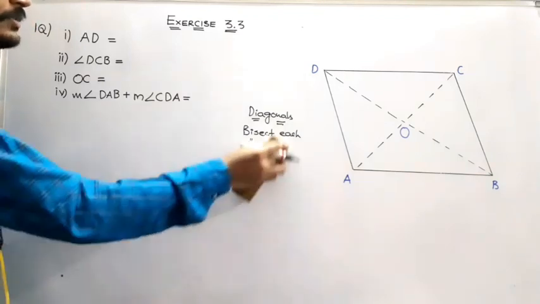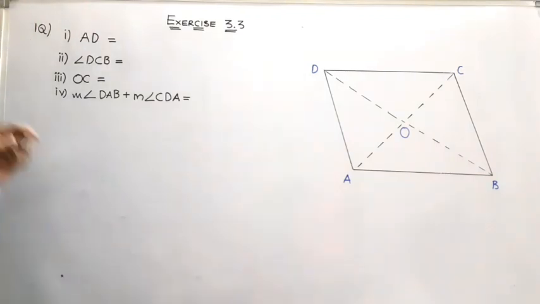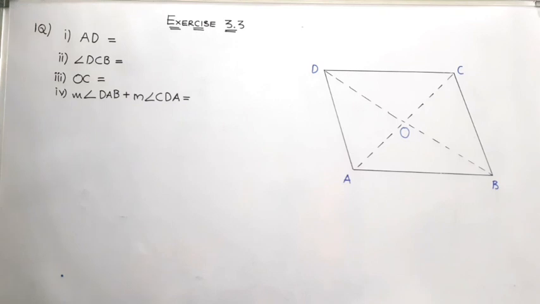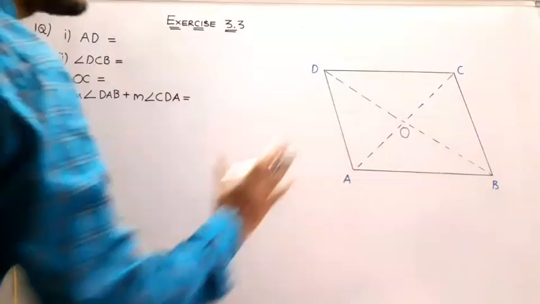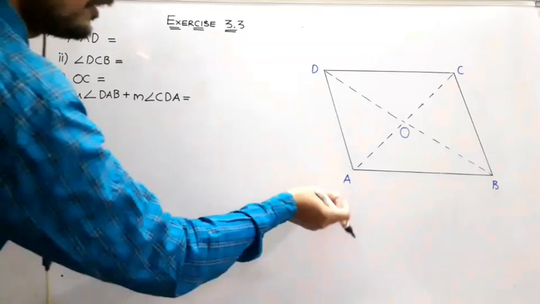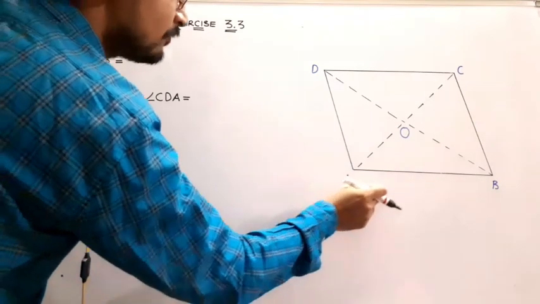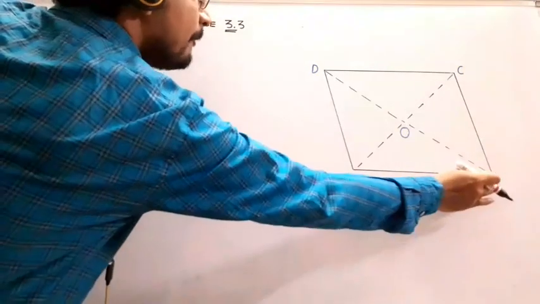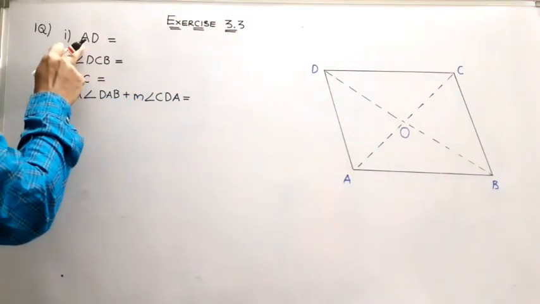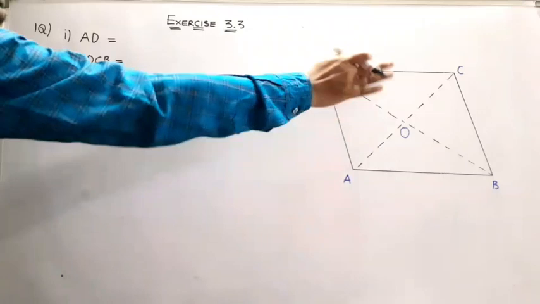Now, based on these properties of a parallelogram, we are going to solve our first problem. Okay, look. So they clearly told that ABCD is a parallelogram. For the parallelogram and the respective quadrilateral types, I already gave a table. You can refer to the same. So the sides of this parallelogram are AB, BC, CD and DA. Here look, they ask what AD is going to be equal to.